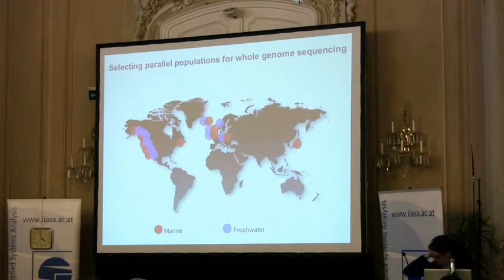Okay, so I'm going to tell you about genomic resequencing of 21 genomes of sticklebacks. We wanted to pick 10 marine and 10 freshwater sticklebacks from around the world and sequence them to see if we could identify the genetic basis of parallel evolution. The marine freshwater hybrid zone I told you about earlier at the start is just one example of many contact zones that occur around the world. So we took advantage of this feature of stickleback biology, where we've got these pairs in contact with each other, and we wanted to choose populations that would represent typical marine and freshwater pairs.